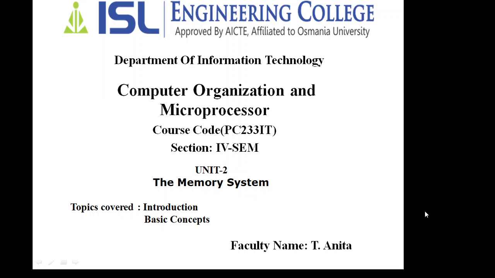So let me tell you about the memory first. What do you mean by a memory? As we have seen in the functional units of a computer system, the four major basic functional components are the input-output unit, memory unit, arithmetic and logical unit, and the control unit. In the first unit we have covered the input-output organization, how we access the peripheral devices, and what an interface is.